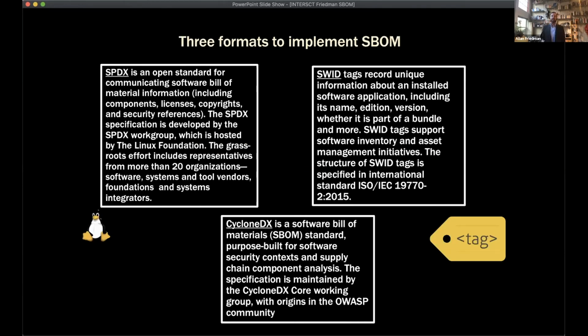And in fact, there are 3 formats right now that can implement SBOM data. So SPDX comes out of the Linux Foundation and has a reasonably wide deployed base. They've been thinking about this for a while. It was originally used to handle license management, right? To be able to track licenses across the open source ecosystem through metadata.